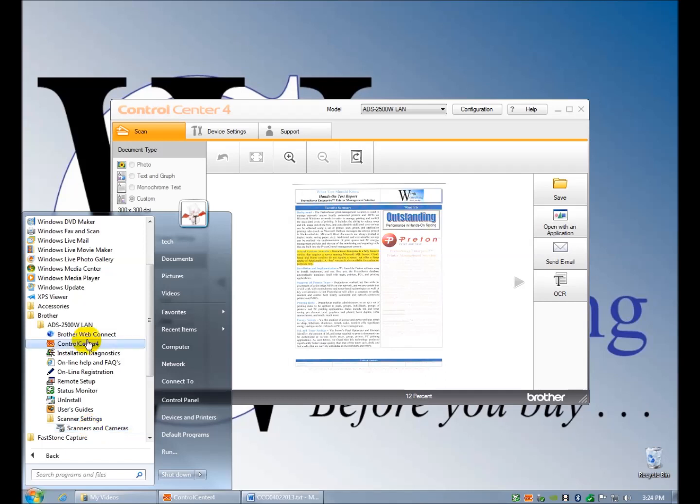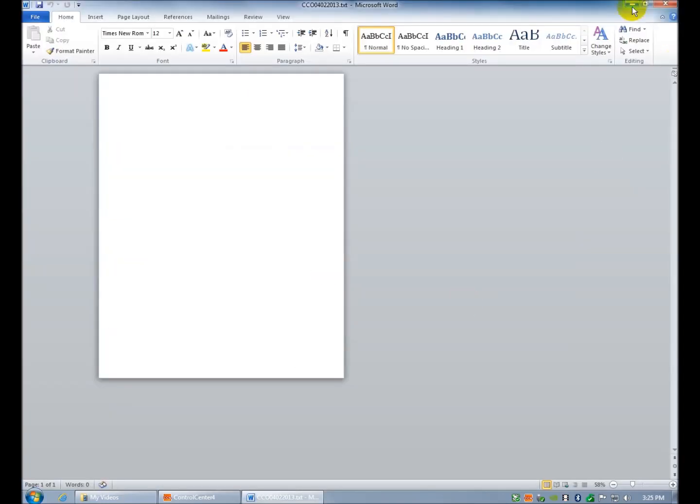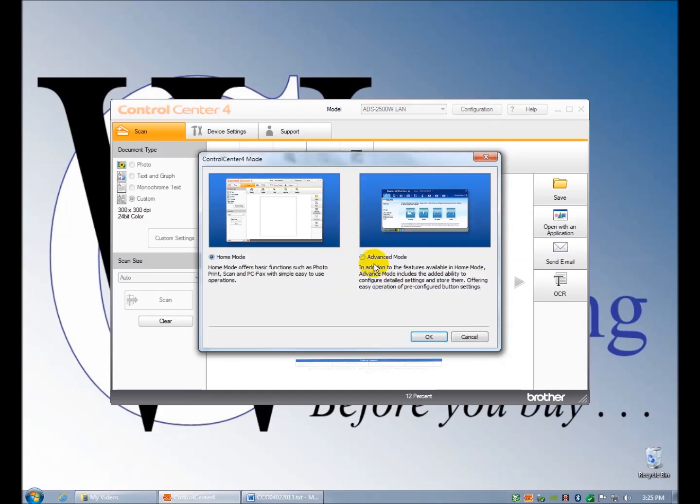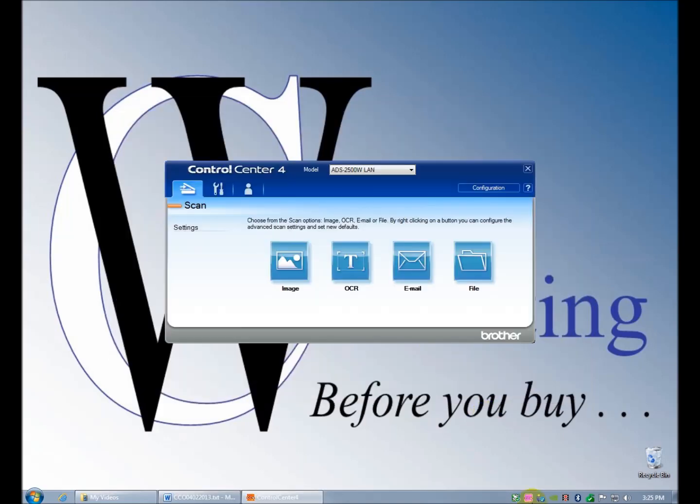So basically that's all the software. So let's just leave that alone for now. Let's look at advanced mode. Alright, you have the same toolbars up here, and basically I don't know what's so advanced about it, but